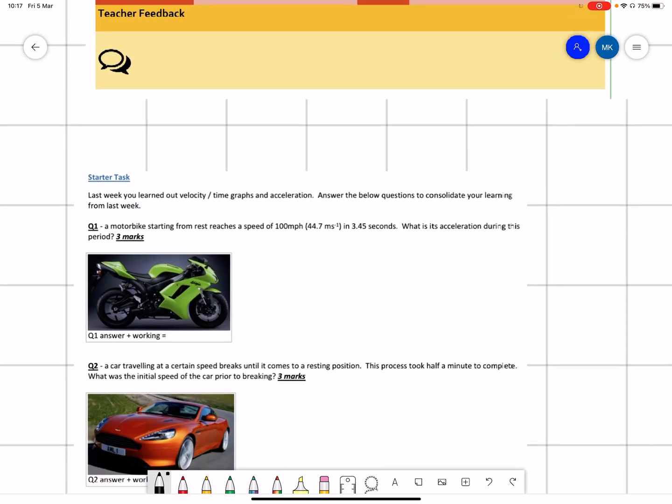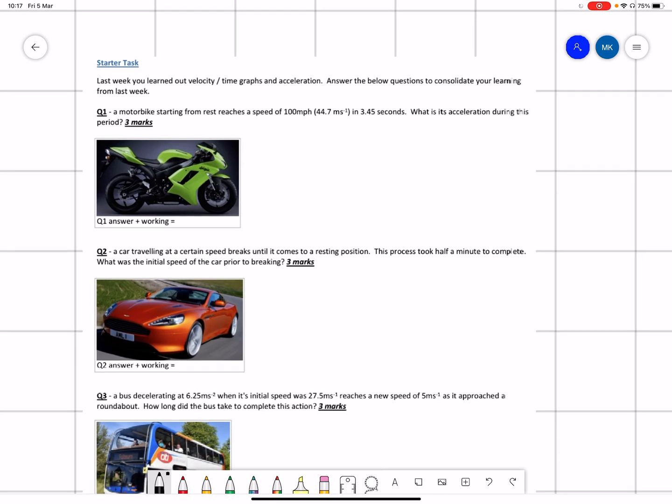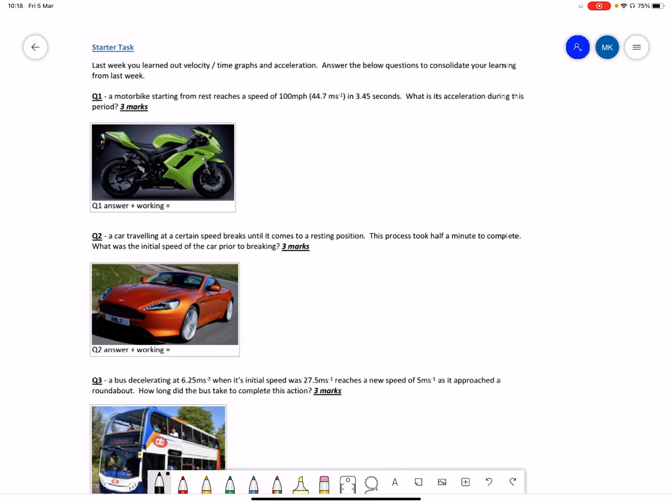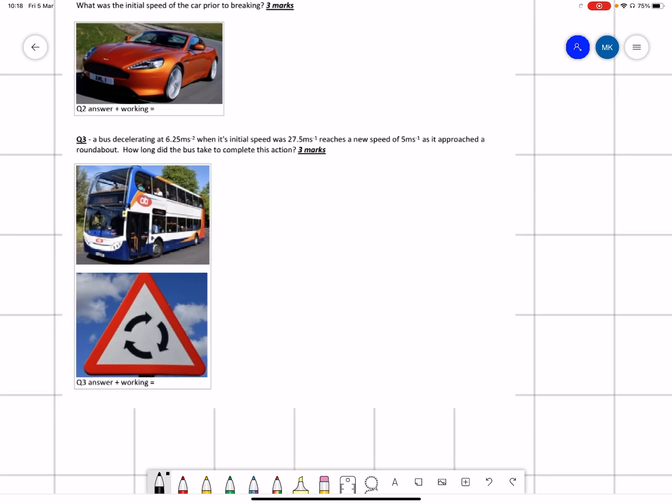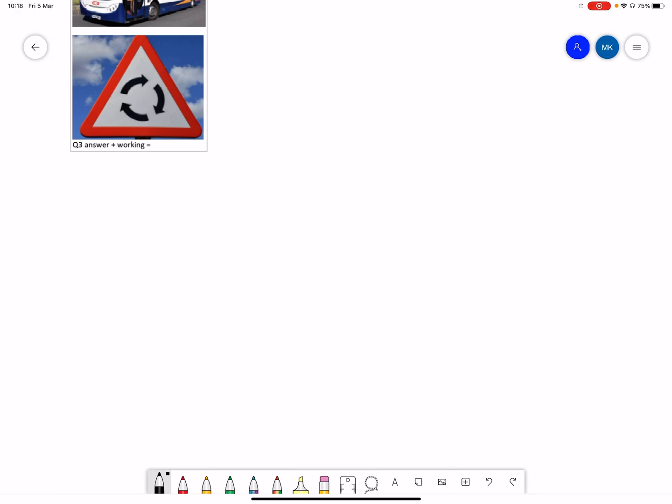Right, so first step, last week we did acceleration and velocity time graphs. So I'd just like you to work through these 3 starter questions just to try and consolidate our learning from last week. It should all be using the acceleration equation, A equals V minus U over T. Once you've done those 3 questions,